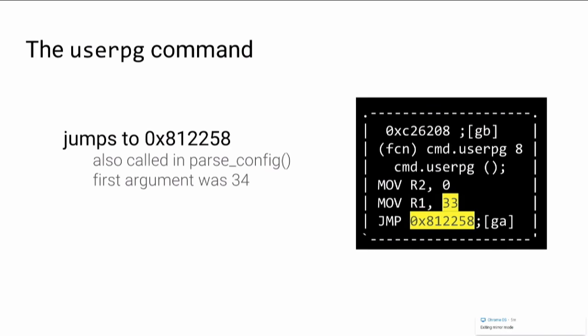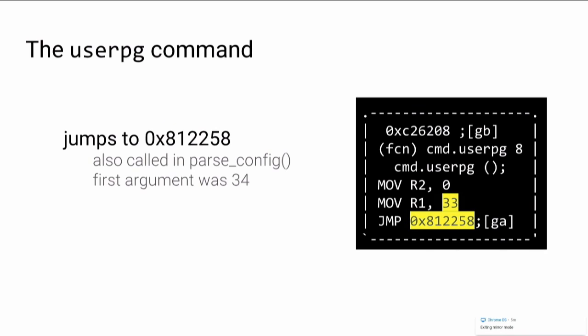Well, it's not really helpful at all. So the full content of the user PG function, that's 3 instructions. Again, it's calling 81.22.58, but this time with 2 parameters, 33 and 0. So of course, what we can do next is try to get a dump at this address, reverse it. I tried, too complex for me, so I didn't do that.